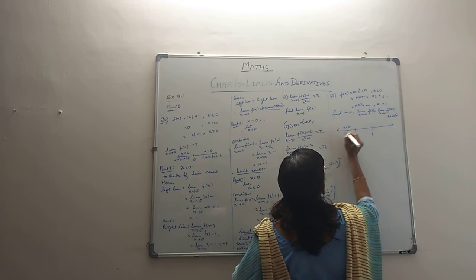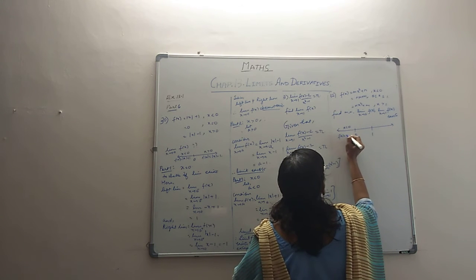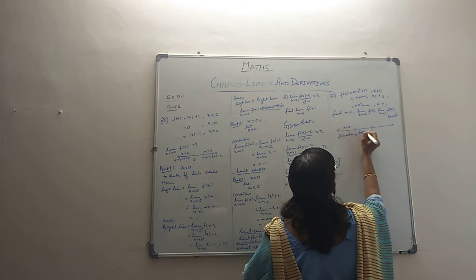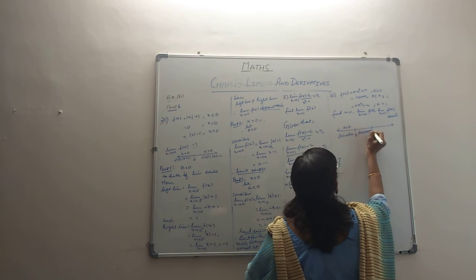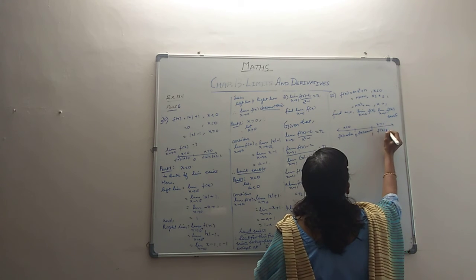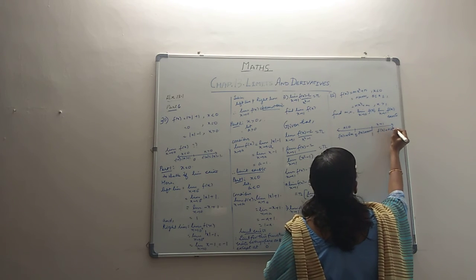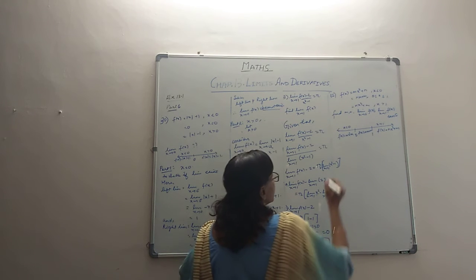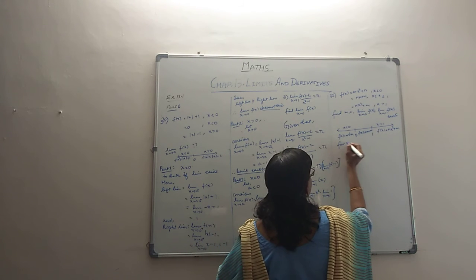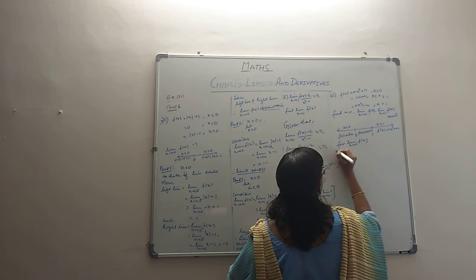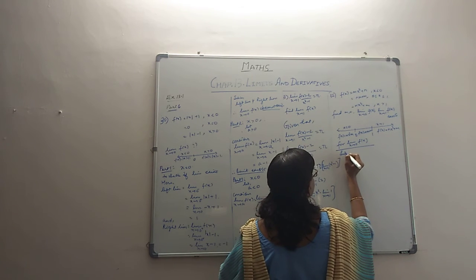These are values x less than 0. The function is defined as m x squared plus n. Between 0 and 1, the function is defined as n x plus m. And for x greater than 1, the function is defined as n x cube plus m. Right. So, for limit as x tends to 0 of f(x), automatically we are going to take the left and right limits. So, left limit.